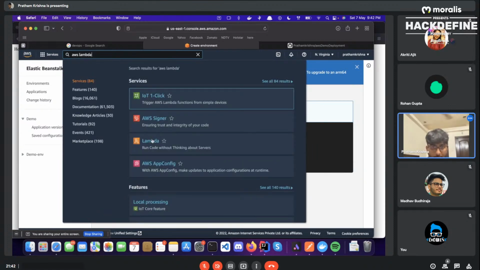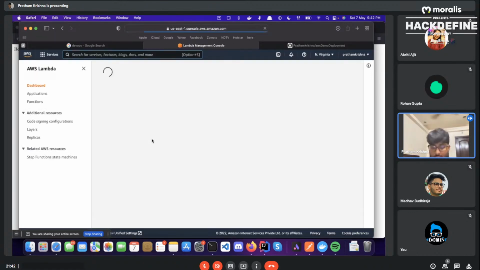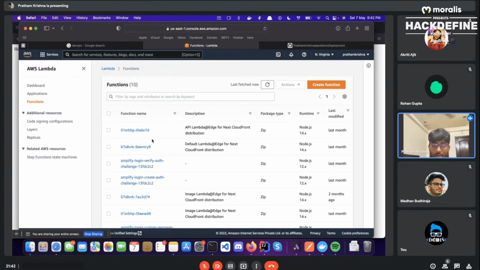So Lambda is basically serverless. What serverless does over here is you don't really need to run a complete server to run things. A couple of things you can run on AWS Lambda would be a simple notification service or a simple mail sending service, or simple things. You don't want to run a complex backend web hosted application on AWS Lambda.